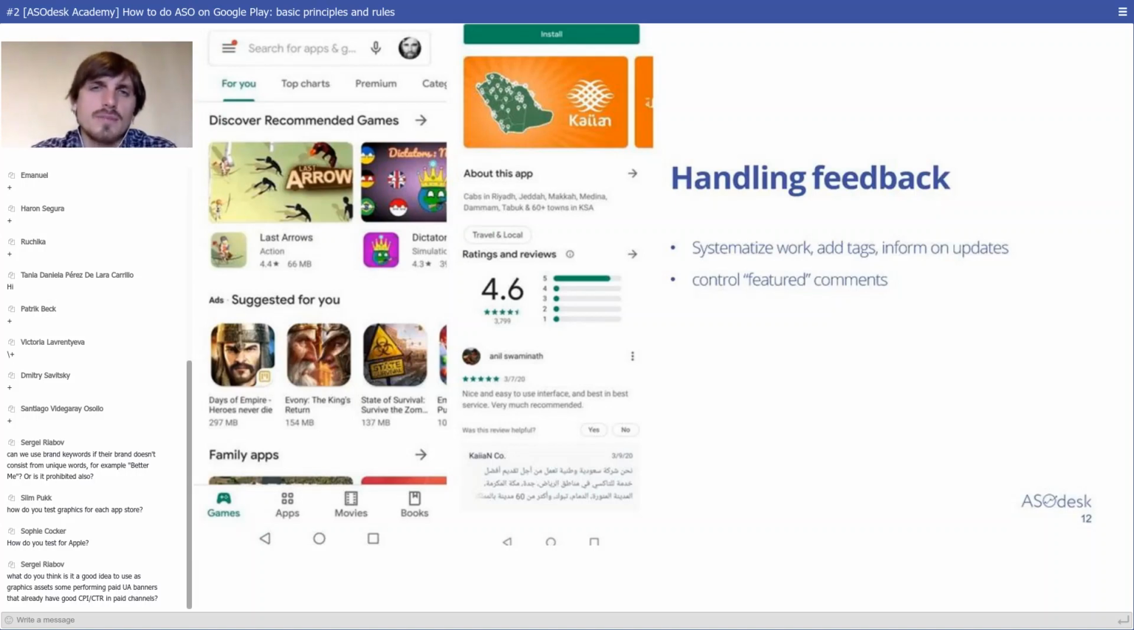comments. So what does it mean, featured? The comments which users see on the top of other comments. So it should be a totally normal practice that you open the ASO tool and check the comments which are on the top in different countries. And it is very important to control these featured comments and not allow negative reviews to appear on the top